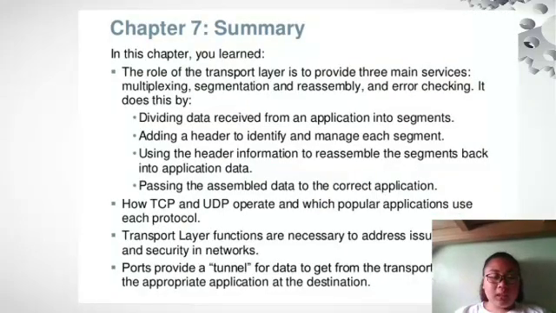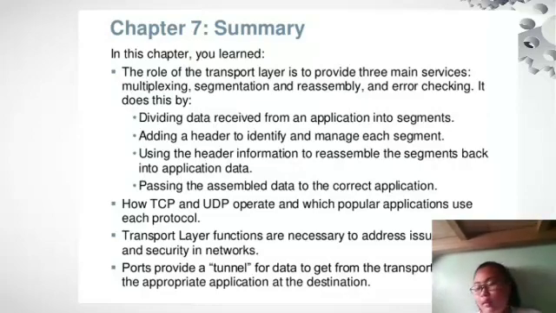Summary. In this chapter, we learned that the role of the transport layer is to provide three main services: multiplexing, segmentation and reassembly, and error checking.